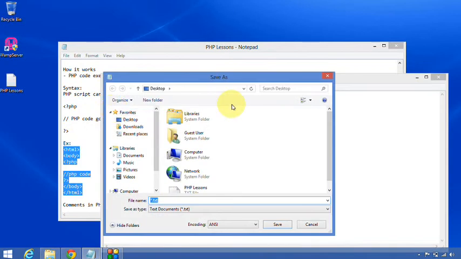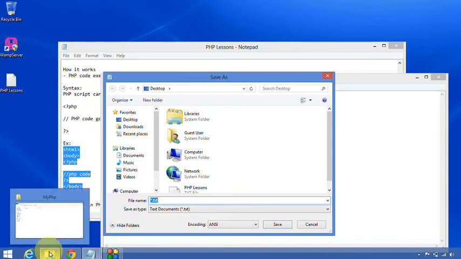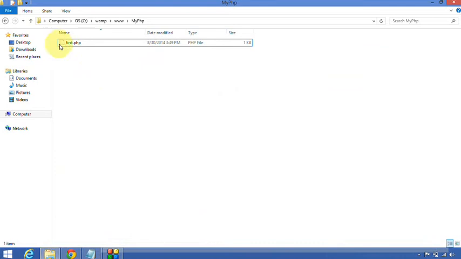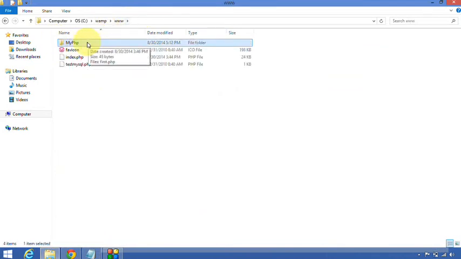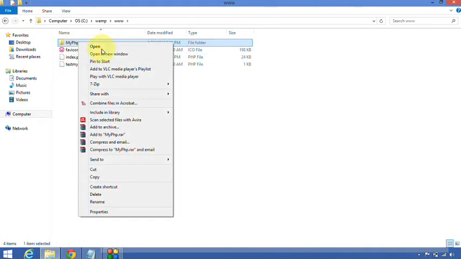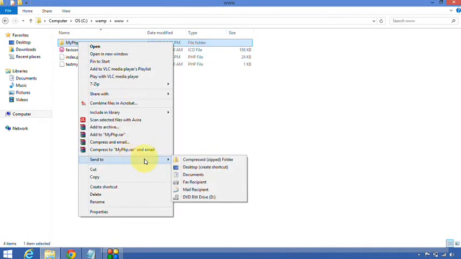Save. We have to save under our root folder and our folder structure. And as I said yesterday, I have created my PHP folder. This is my folder where I will place all my PHP files. Every time it's difficult to go there and save our PHP files, so I'm just creating a shortcut on the desktop so that it will be very easy to save our files and review everything.